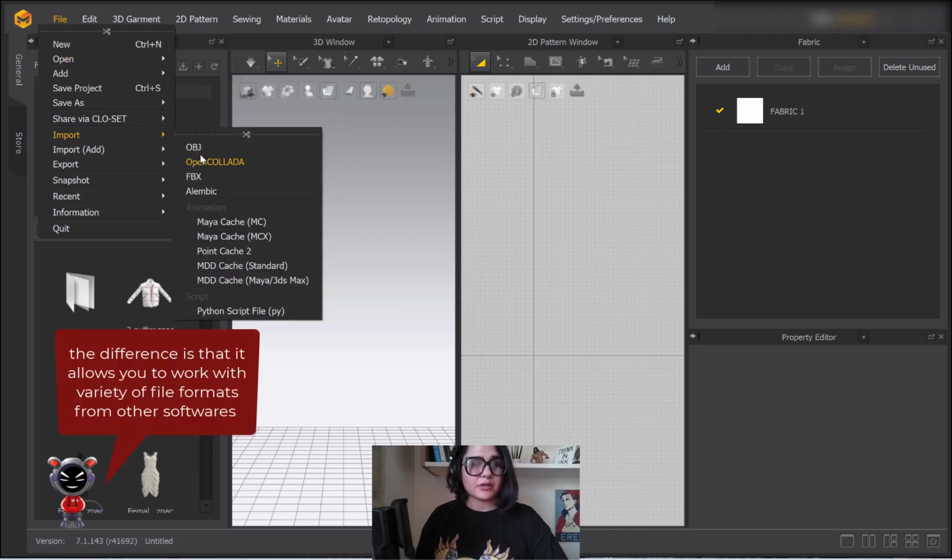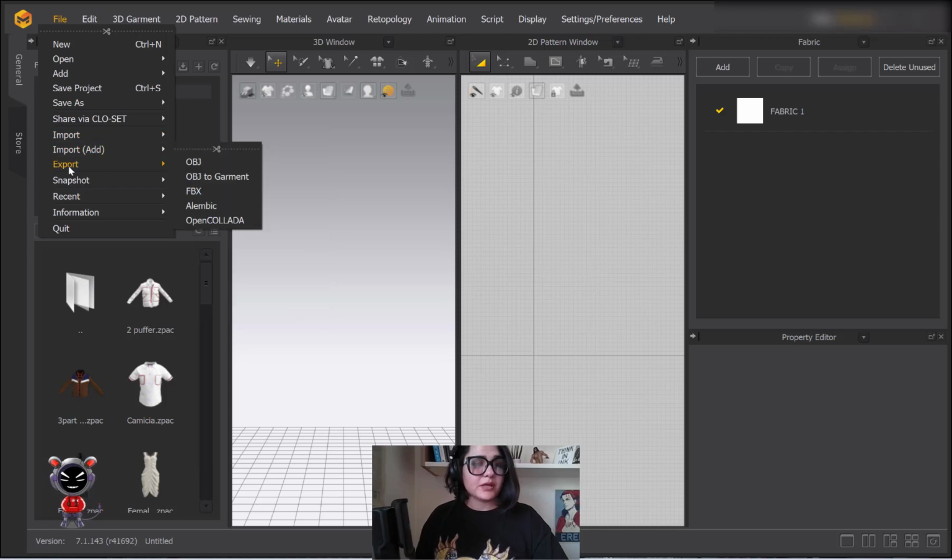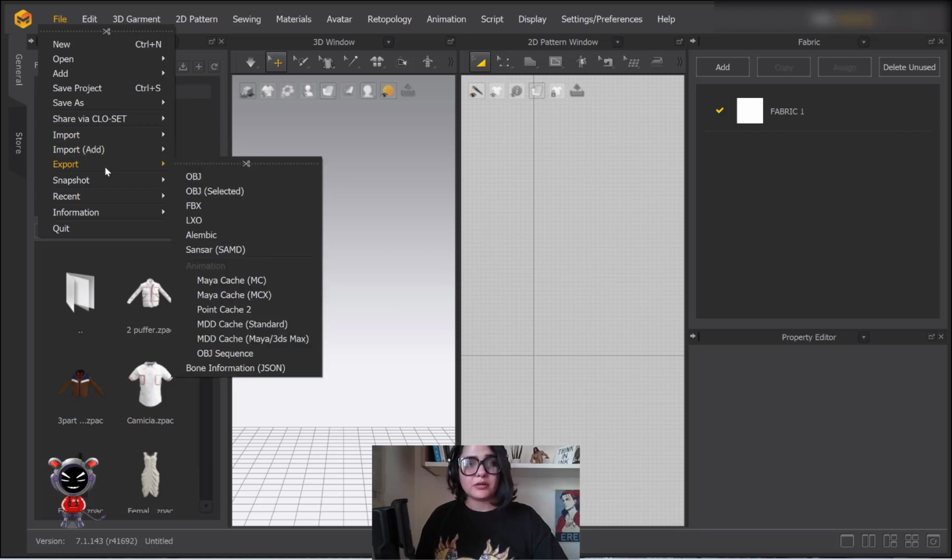You can import other files like obj, fbx. It depends on what you're working on. And then there's export, which I can say is one of the most important things that you can do, because